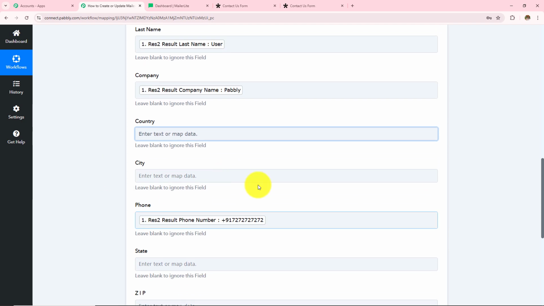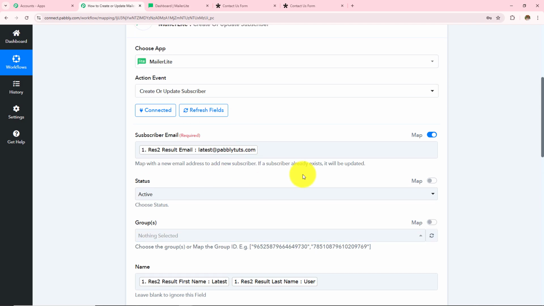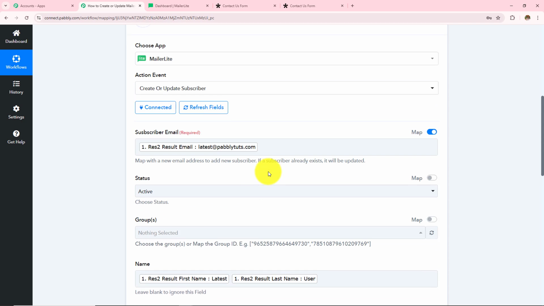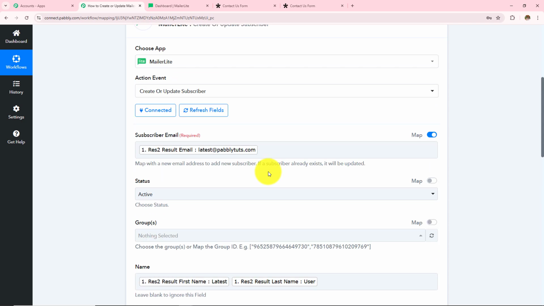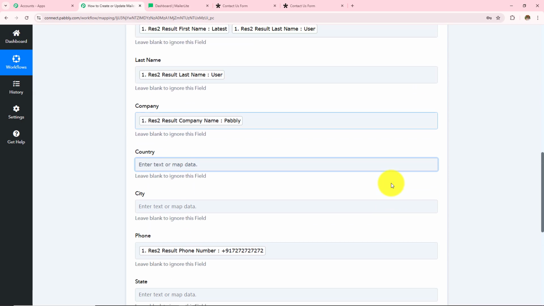Now over here, mapping is important so that every time you receive a new response, it is taken into consideration in these fields. Manually entering the data will make these fields static and the information will not change even if you have received the new response. Over here, if I manually enter any detail, this field will become static, and every time I receive a new response, the result will not change. So as to keep these fields dynamic, we use this process mapping instead of manually entering the details.